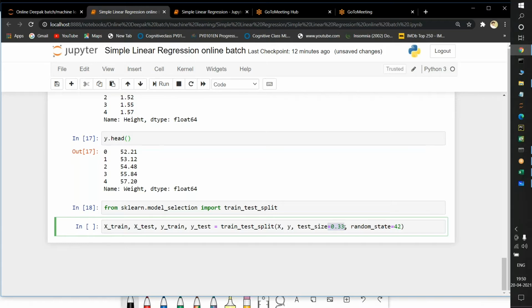Okay, suppose here I am passing 0.33. Now what I am doing here is the most important one. So X and Y I am taking. This X and Y I am passing to the train test split condition. These X and Y values, how many are there? 15 rows are there. This data I am passing to these variables: X train, X test, Y train, Y test. So 0.33% of the data will go to X test and Y test. The remaining data will go to X train and Y train.